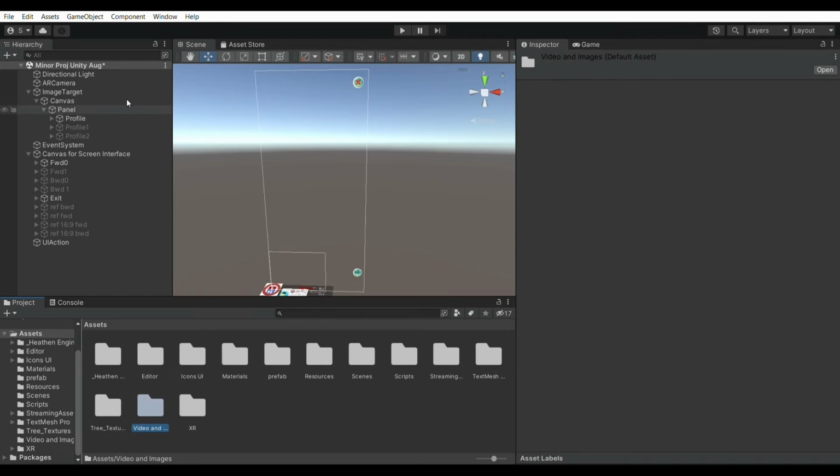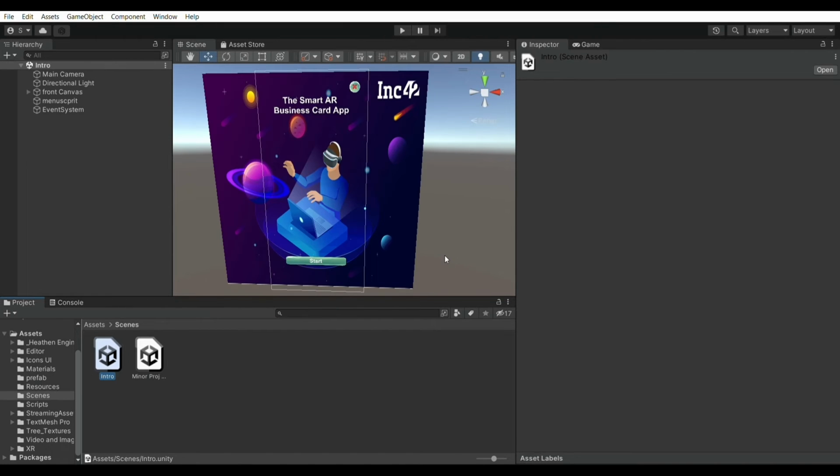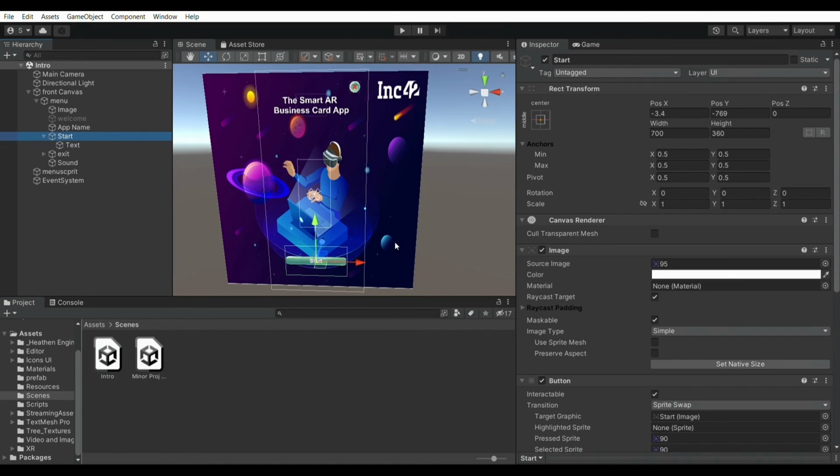This project has two scenes: the performance scene, that's the augmented reality scene, and the other is the introduction scene, which is the menu part of the app which we are going to develop. Let me show you the menu part of that. This part contains the interactive interface for getting into the augmented reality part for scanning the target object. It has a quit button so that the user can get out of the application, and the start button which takes to the scanning part of the target image.